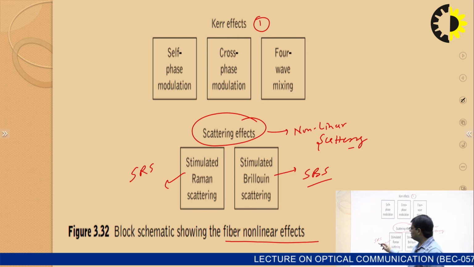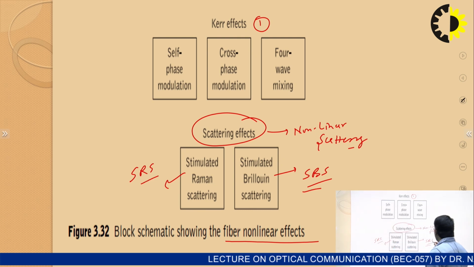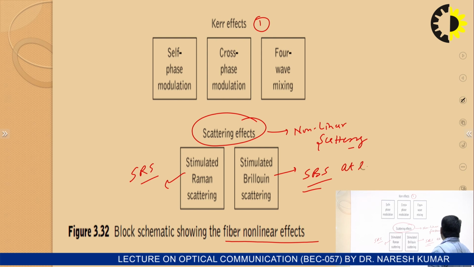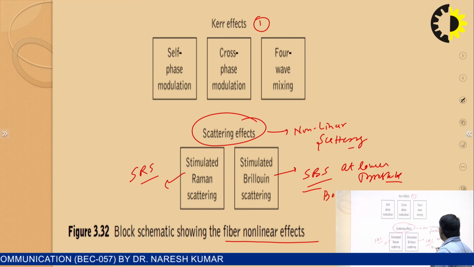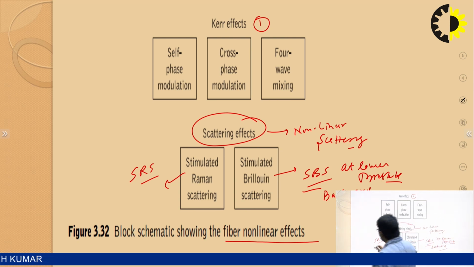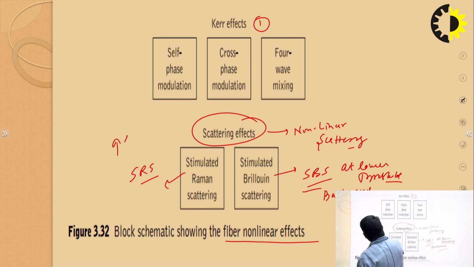SBS is mainly at a lower threshold, and this SBS is mainly a backward process. That is, power transfer usually occurs in the backward direction, whereas SRS occurs at a comparatively higher threshold